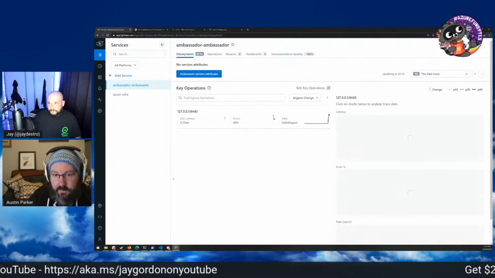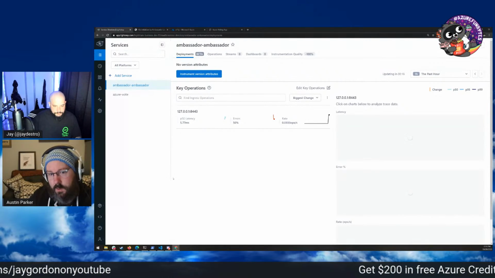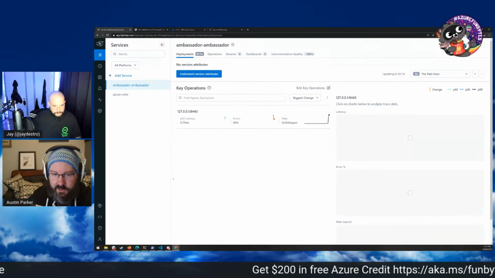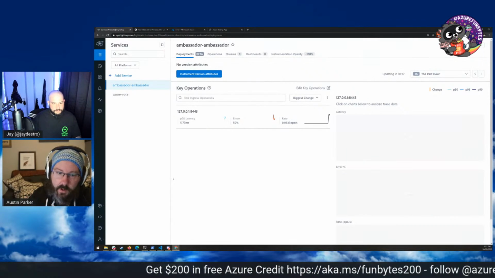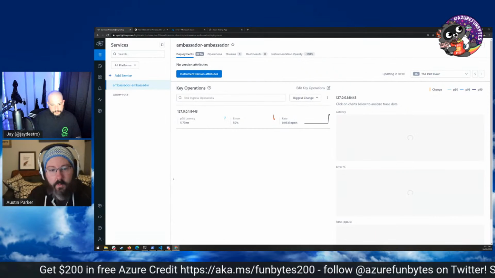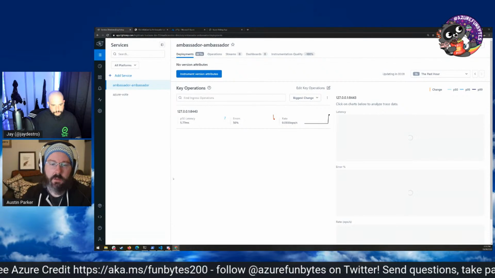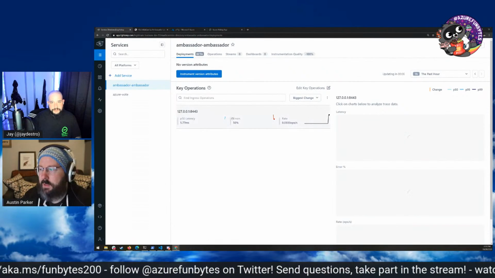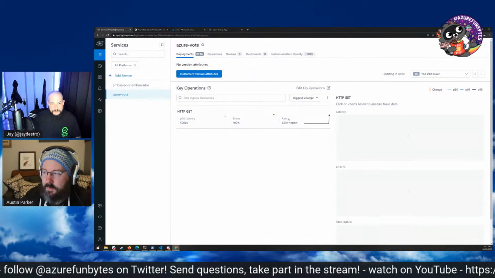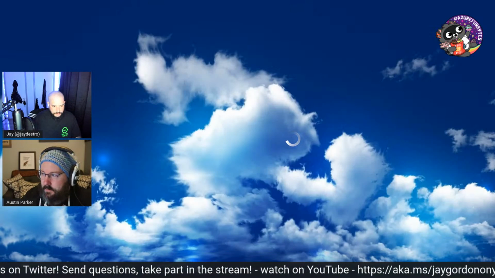We're starting to get traces from multiple components. One, we're getting them from Ambassador itself, which is that edge proxy. We're also getting them from our Azure Vote application because I instrumented that with OpenTelemetry. And we can see that Lightstep has automatically started to figure some stuff out.